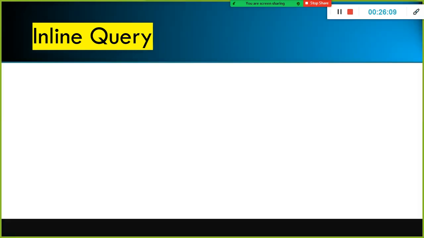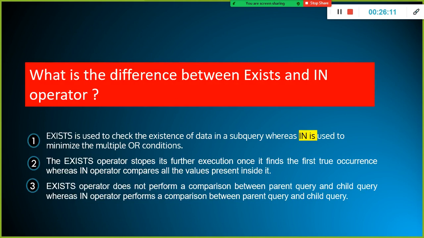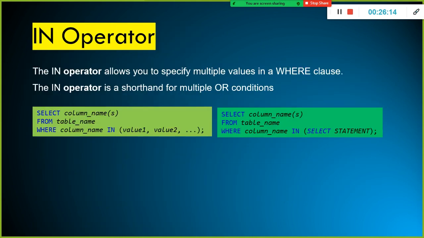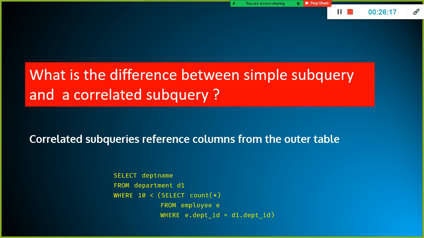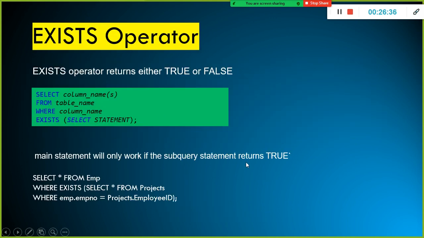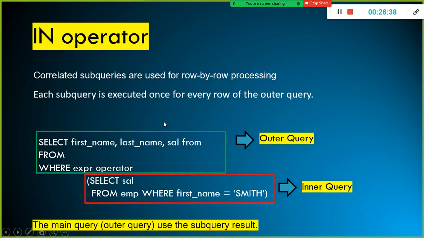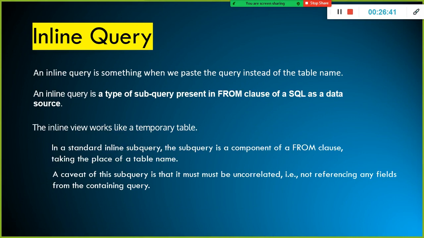You understood, right? Correlated means the subquery is referenced by the outer query's value. So look here, in this case this subquery is referencing the department ID, which comes from the outer table. It references columns from the outer table. But this kind of query you cannot write as part of your inline query. We will see when we can use an inline query with some example. I'll just show it here with a simple example.